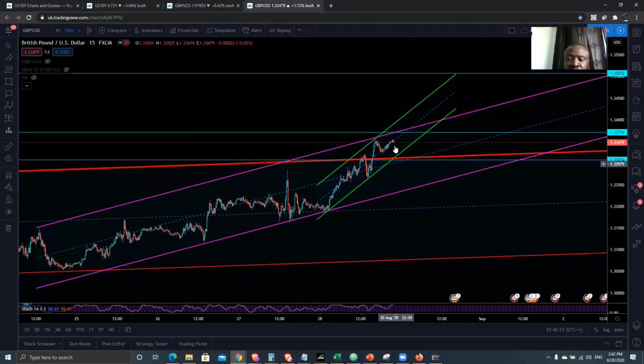Once these structures come down, then we can start to find a reason for price to come all the way down. But with this kind of trade, you're going to have to be careful. You don't have to take the standard lots, because things are not clear until we get to 135.00. But I'm not saying we can't have a short trade over here. Of course we can. You know, price is so high, but if we start to break the structure, that's the only time that the sell trade looks so matured to me.